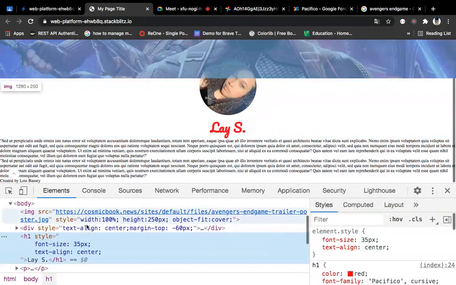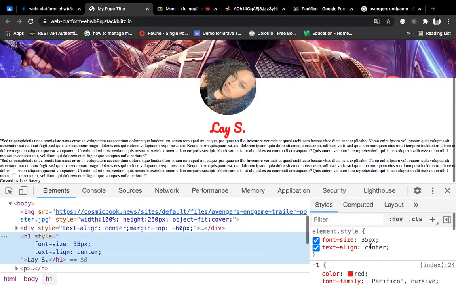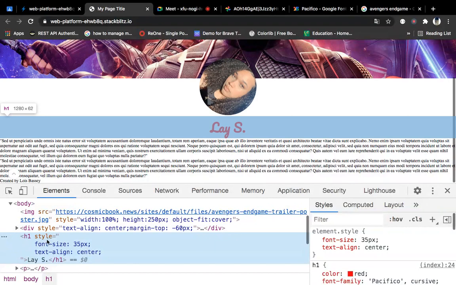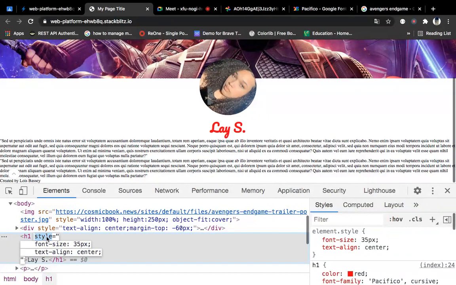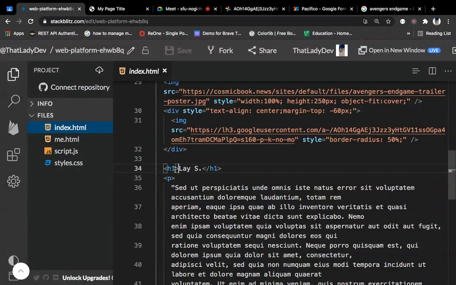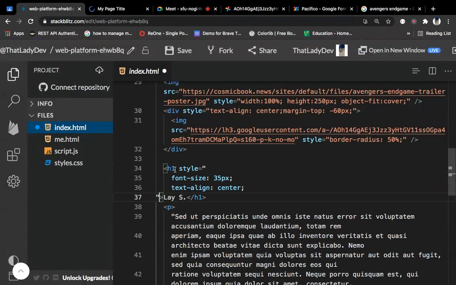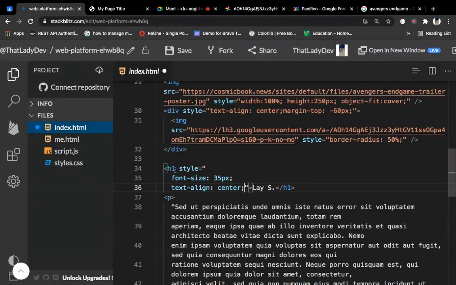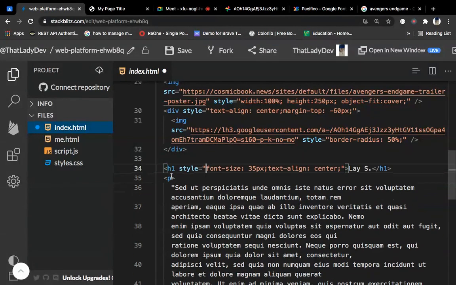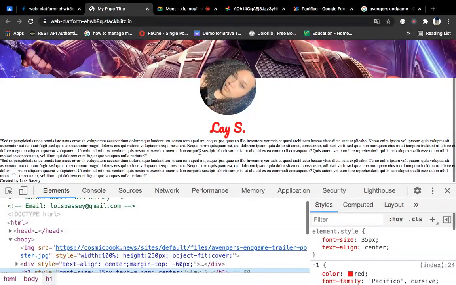Okay, so I can have this. So if you notice that for any style we add here, it gets added here inline. So you can even use this to pick your inline style and just paste it. Please make sure that they are on the same line, please. On the same line. So you see this, then I can choose to make this,